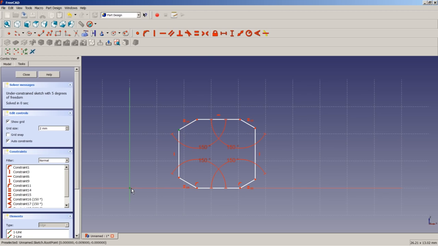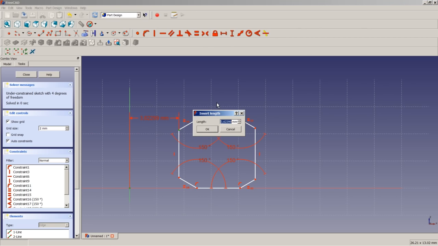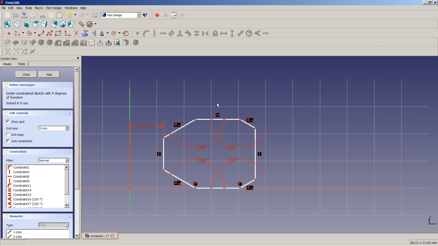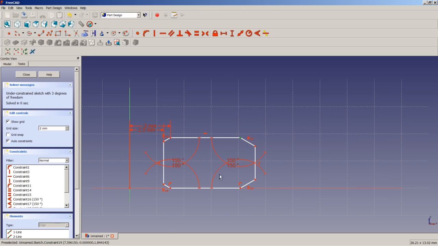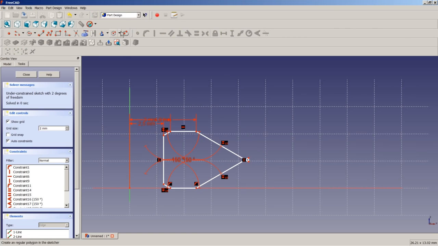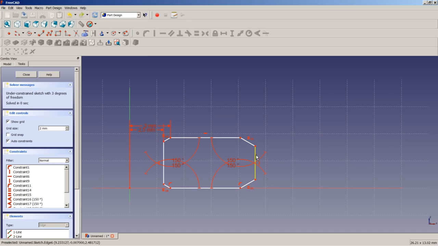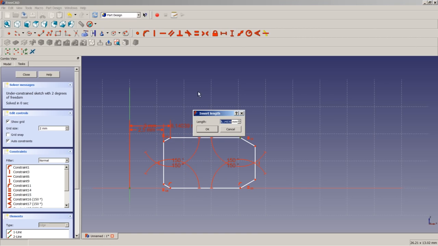So now I'm going to apply all the horizontal constraints once more. This was 2.5 millimeters. This one here was 3 millimeters. This one being 4.9 millimeters. Oops, the solver overreacted a little bit, so I'm going to go one step back, draw the line inwards a little bit,